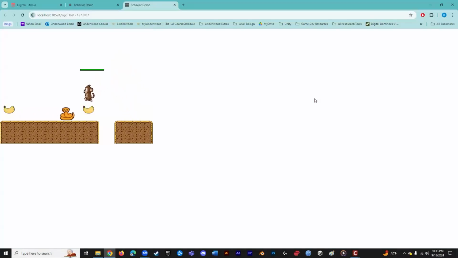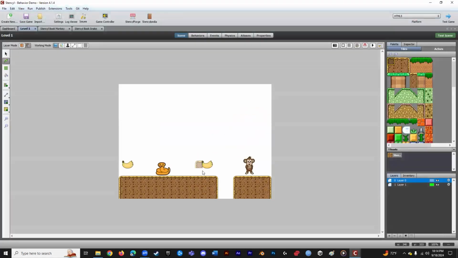Okay, so let's collide with the snake and we see that, oh, my snake is damaging my player. And remember, I have my player respawning 15 pixels over to the right side. That's not a very far distance, right? So I have my health working. Now, the last thing I want to do is whenever I collide with this banana, I want to restore my